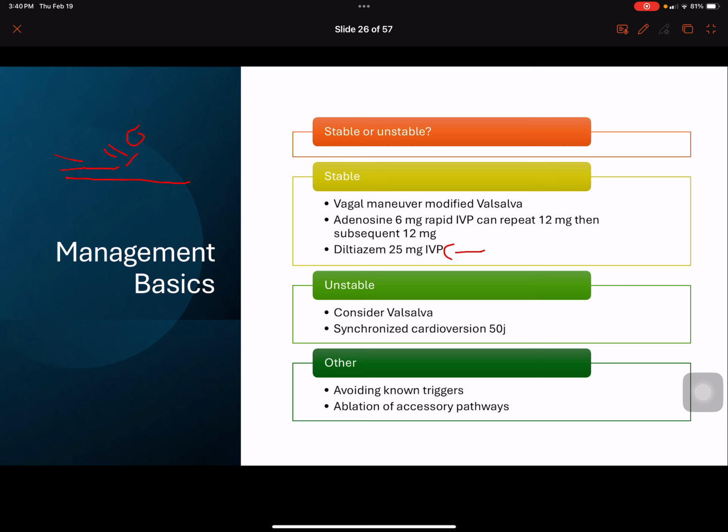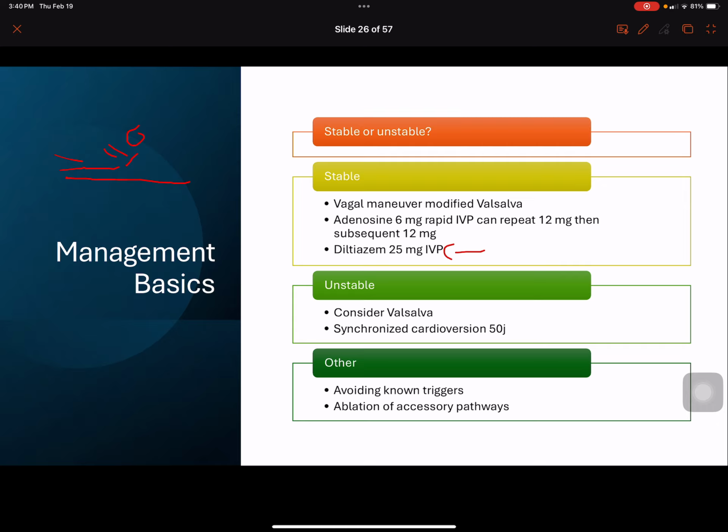So if we've given 6 and 12 and 12, or 12 and 12, whatever your dosing is, then we can go to the unstable algorithm if they're not converting out of that rhythm. And that's even if their blood pressure remains okay, we can consider going now down the cardioversion pathway. And the cardioversion pathway, like I said, we're going to go to if our stable treatments are not working for